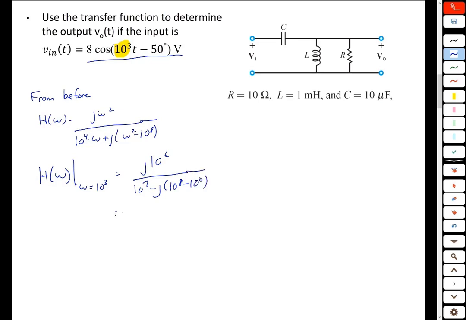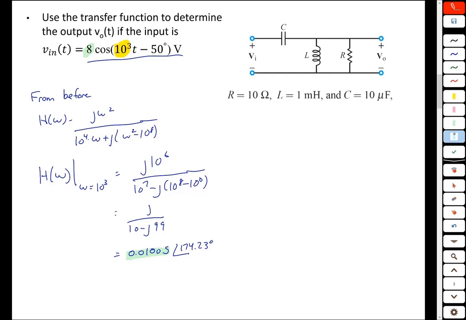You work that out, it's j over 10 minus j99, which in polar form is 0.01005 at an angle of 174.23 degrees. So what we see is that this will get multiplied by the input magnitude to get the output